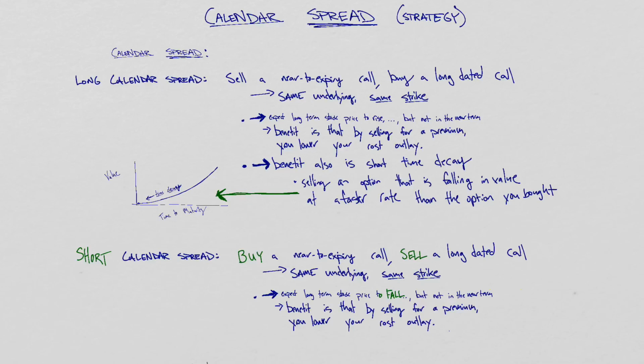But the side effect is that you're short this time decay. You're like on the reverse side of this concept that we talked about with the long calendar spread. So with a short calendar spread, one thing you have to be aware of is that you're fighting this time decay. Still, it can be a viable strategy to lower your cost outlay if you think that the asset will rise in the short term but fall back down over